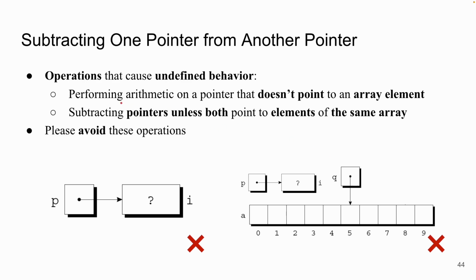The first thing is that please only perform pointer arithmetic when the pointers point to array elements. If a pointer only points to one single variable, we cannot perform pointer arithmetic, because pointer arithmetic only works when the pointer points to an array. And the second thing is that when we subtract one pointer from another pointer, we need to make sure that both pointers point to the same